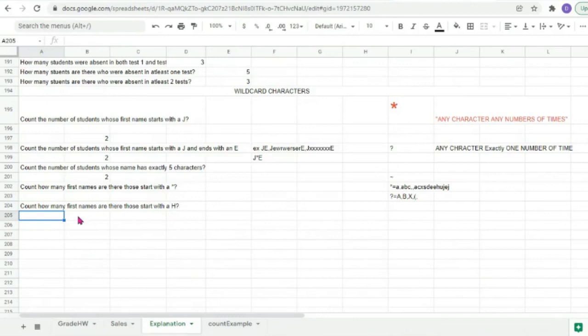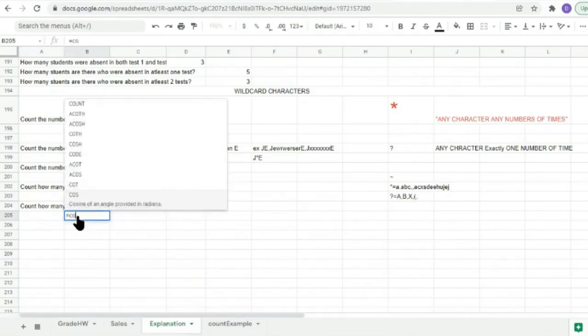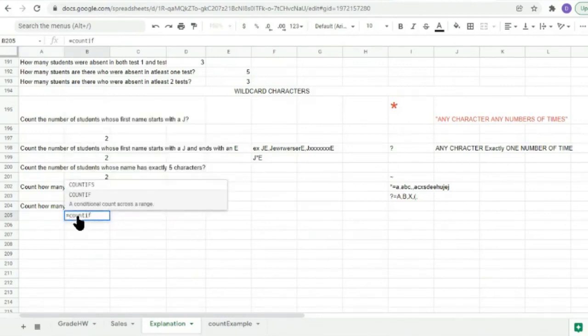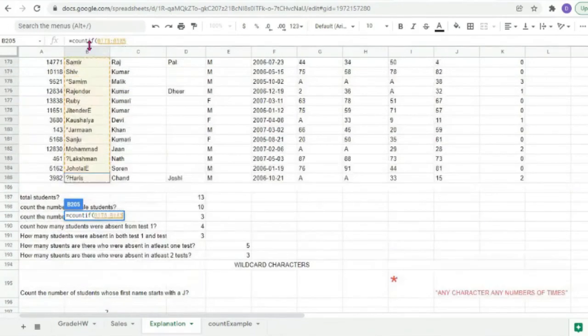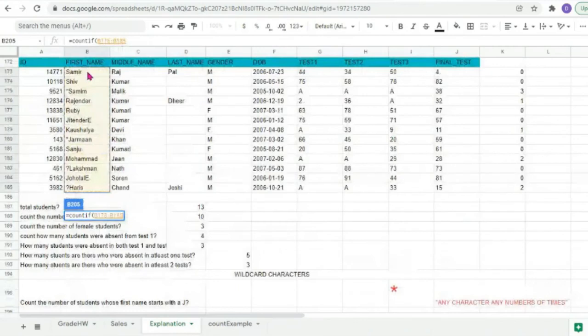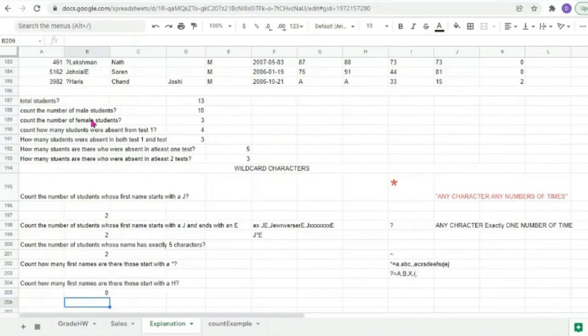This question is very easy, isn't it? We have to count, based on the condition, on this first name range, those students whose name starts with an H. So we can write here equal to H star, or simply H star, that will work. Equal to H star. As soon as I press enter,